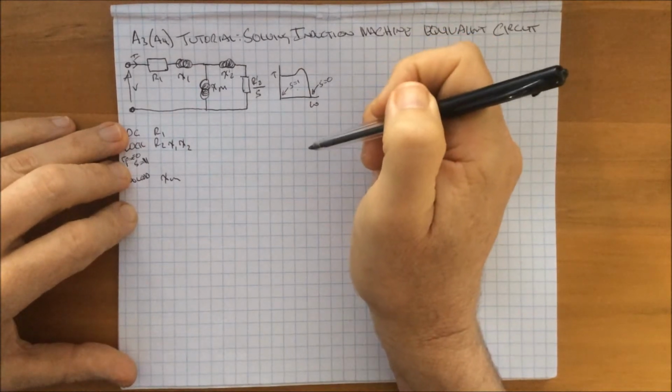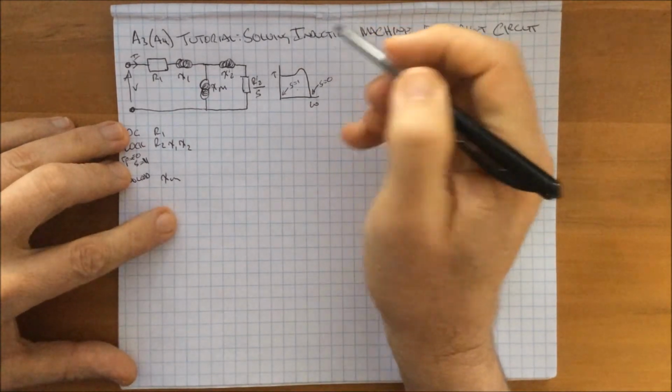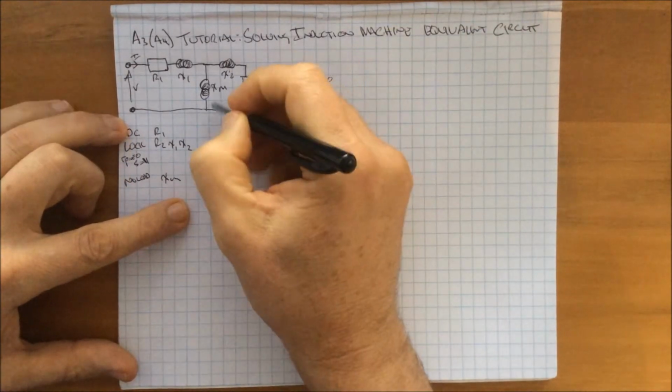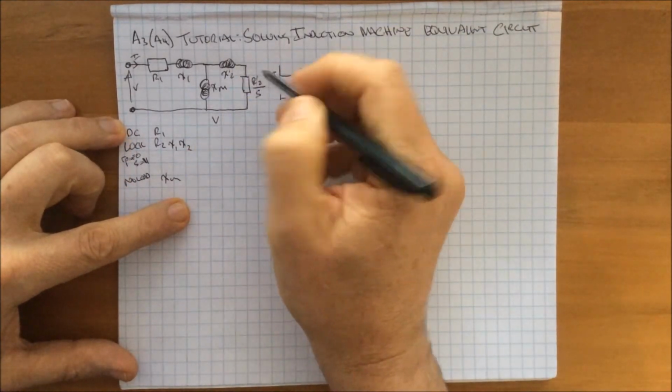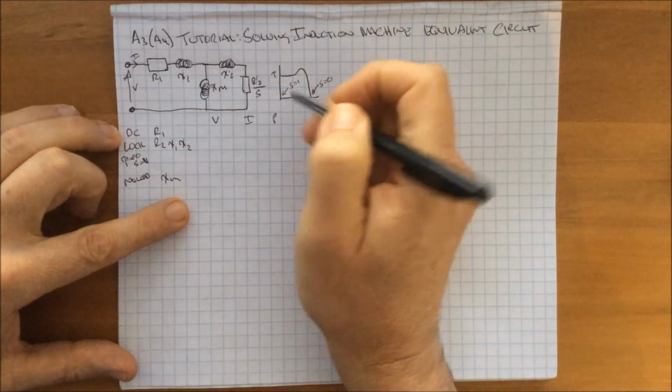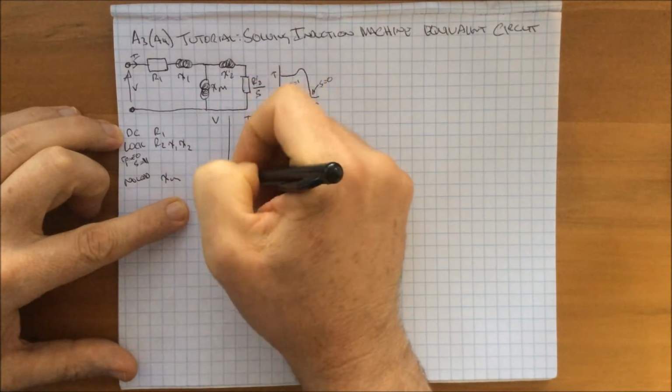It's already got the numbers solved for it, so I don't have to go through and recalculate it. We'll just go through that. So we're going to be measuring the voltage, we're going to be measuring the current, and we're going to be measuring the power. So for the DC test,